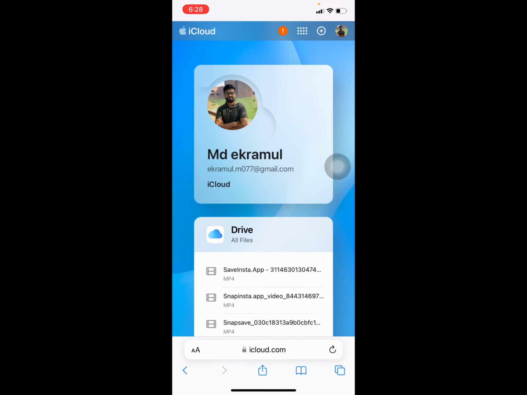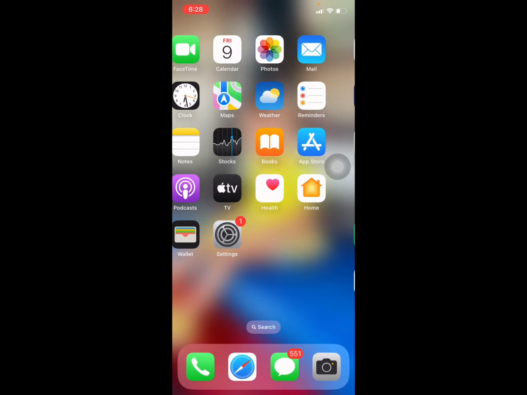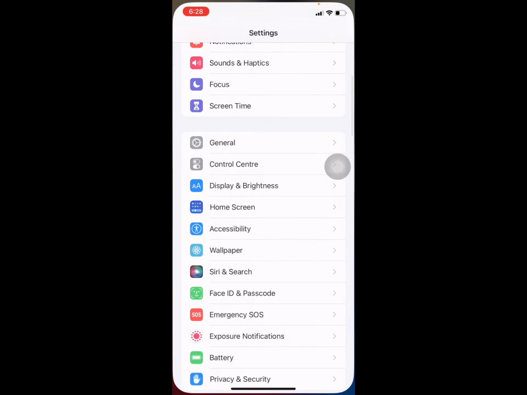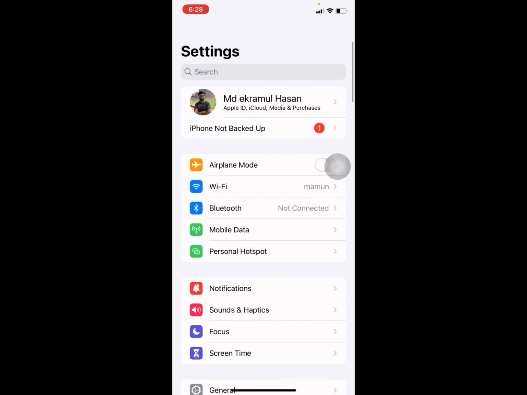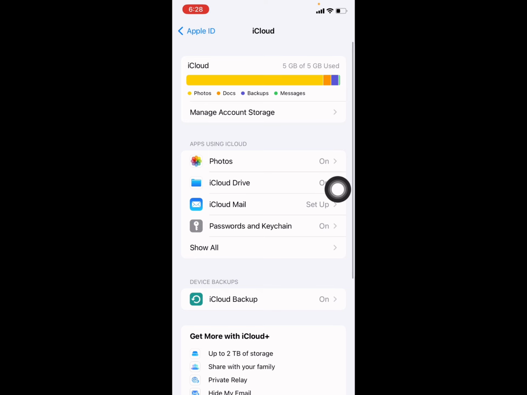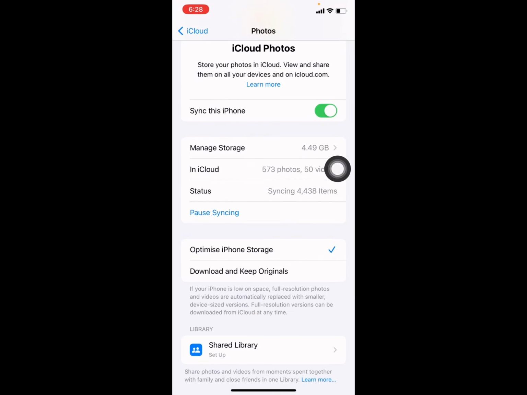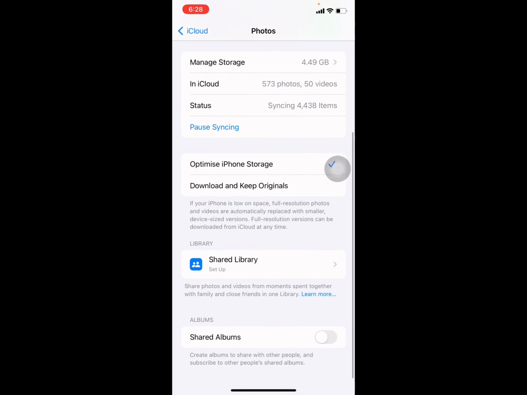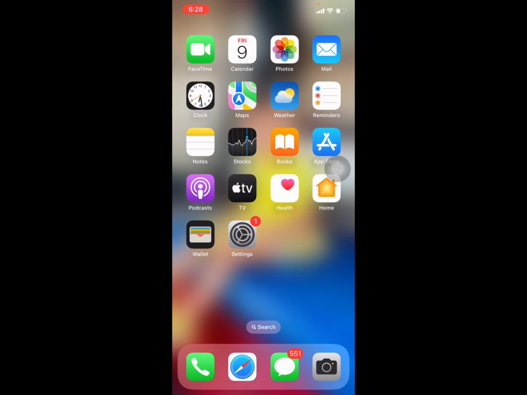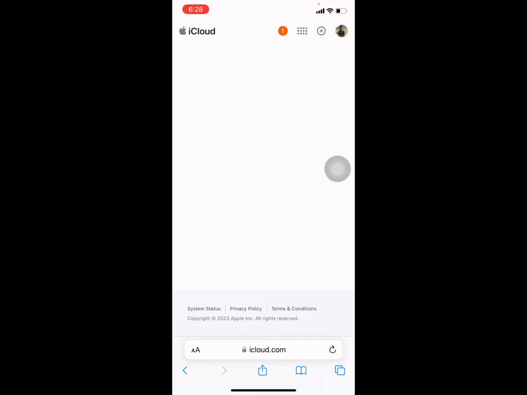So this is my iCloud account, but before that you have to make sure, go to your Settings, then press on iCloud, press on Photos, and check this photo sync. So it's already enabled. Now scroll down and press on Photos,